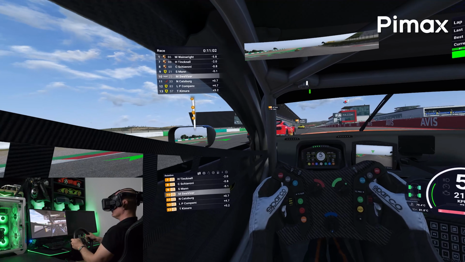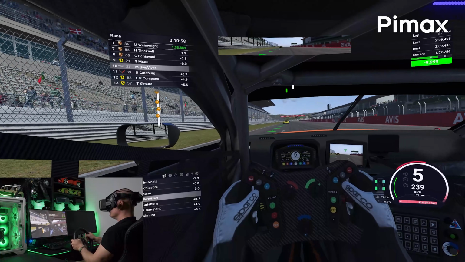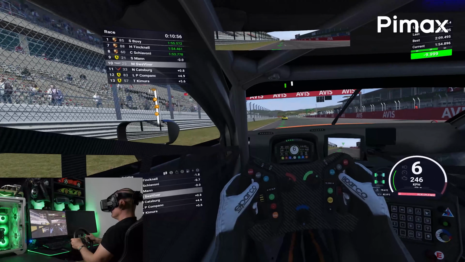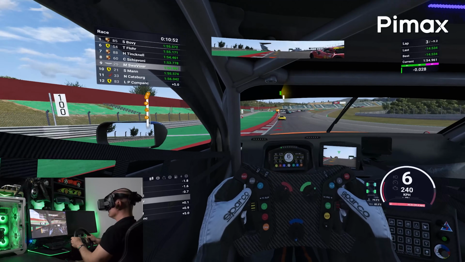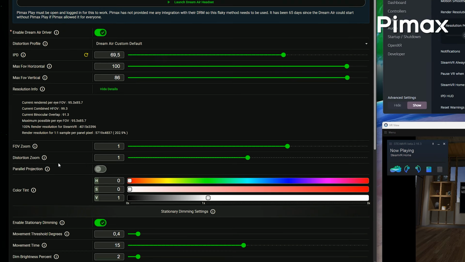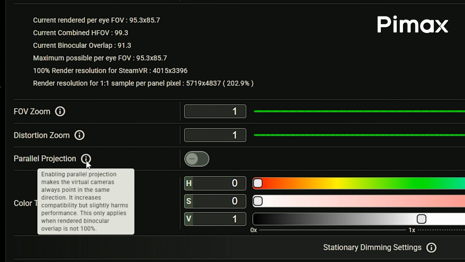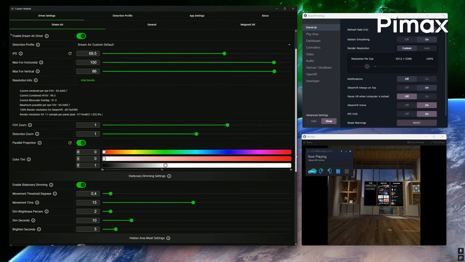It's convenient and a safe approach, but there is a downside. Parallel projection does increase the total rendered resolution. So no matter what you play using Pimax Play as a render pipeline, it will render with parallel projection enabled, many times completely unnecessary when the game doesn't need it. So here instead, with the native SteamVR driver by SBoys3, you have the freedom to switch it manually on only